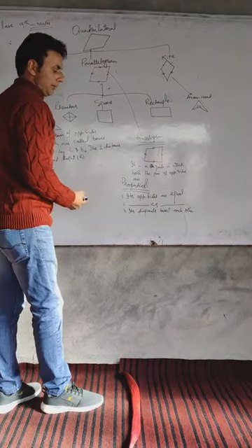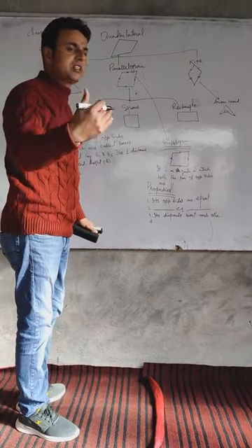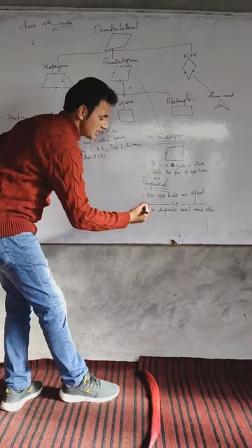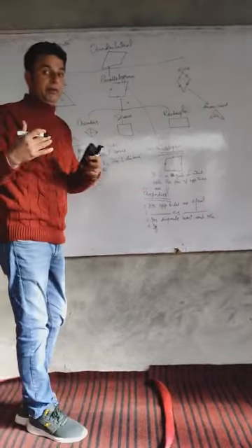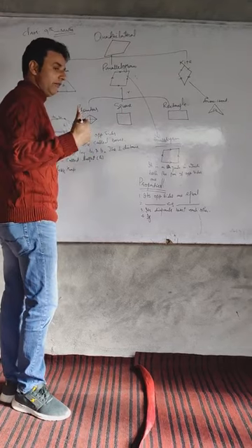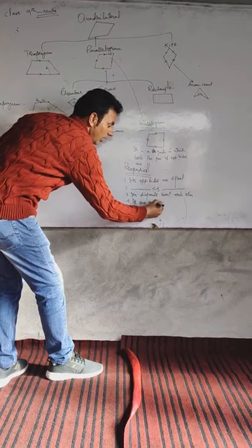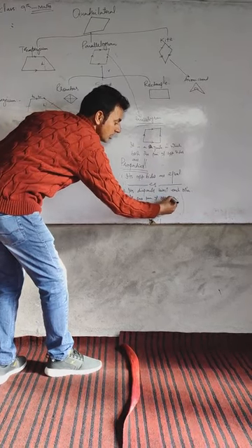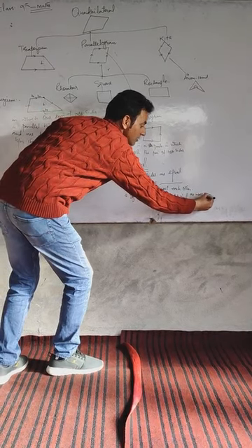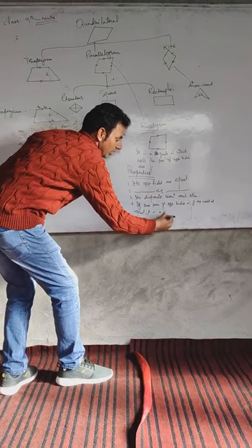There is one more property, that is number 4. This is not the main property. In some cases we use this property, and it is conditional. Whenever you have to state a condition, you have to start it with the word if. If one pair of opposite sides is parallel as well as equal, it is a parallelogram.